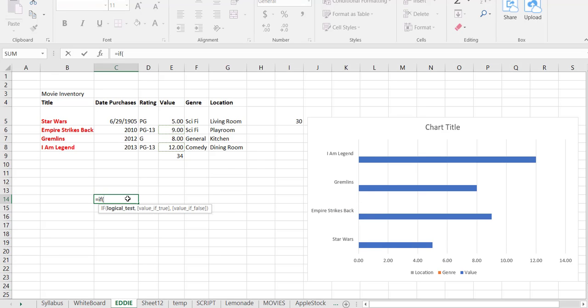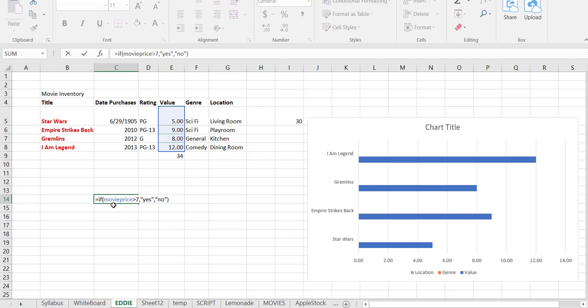I'm going to say if a name that I ranged, movie price, is greater than 7, yes, otherwise no. That's the format of the if